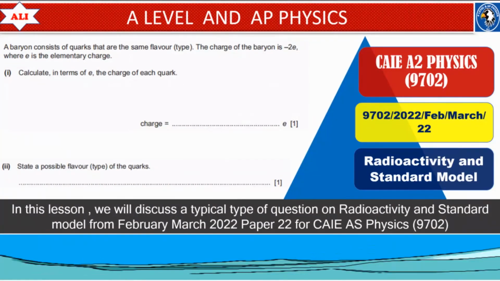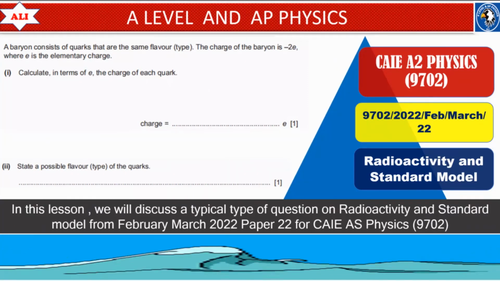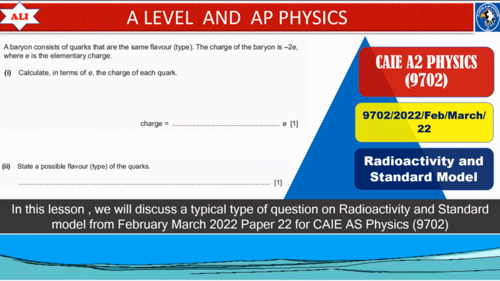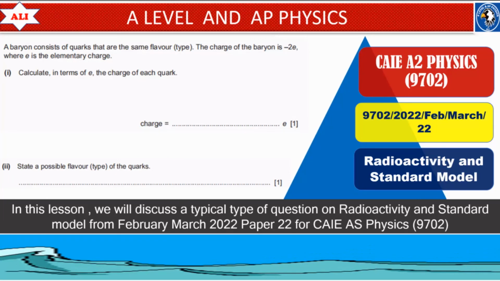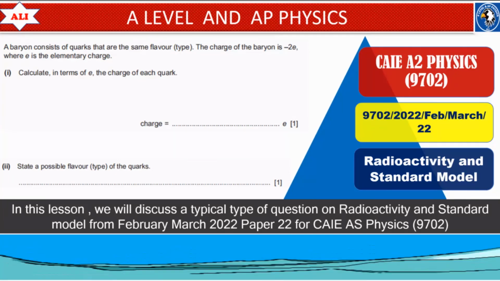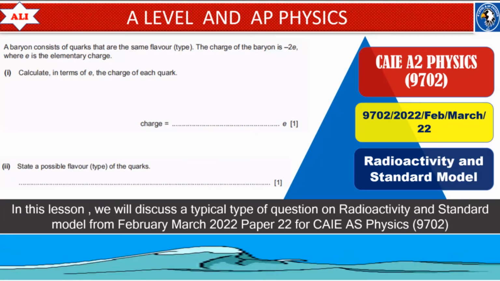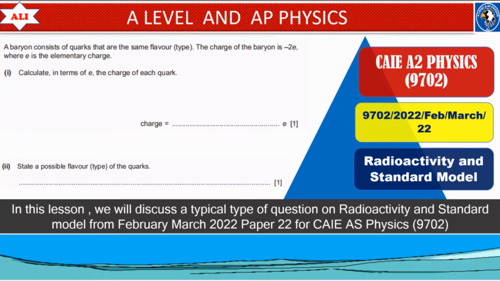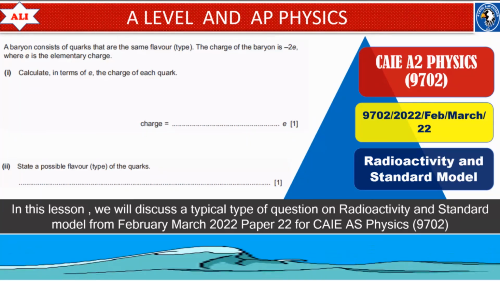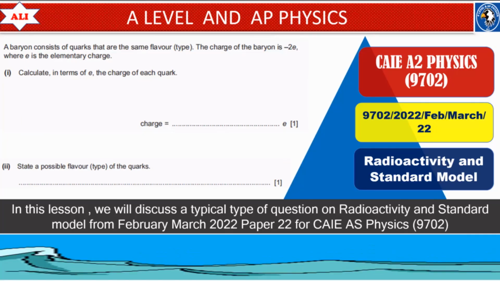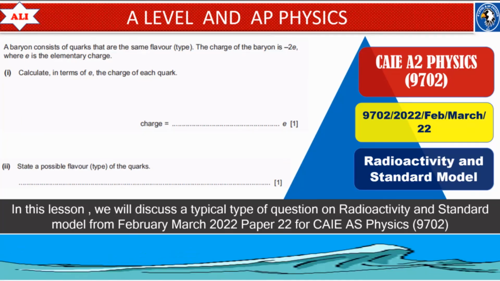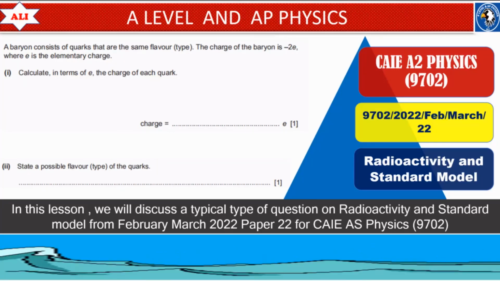In today's lesson, we will discuss one very important past paper question on radioactivity and the standard model for March 2022, paper 2, variant 2. In this lesson, we will discuss what leptons are and what kind of leptons are produced in any beta plus decay. Then we will talk about nucleon number and proton number. We will also discuss what baryons are, what the quark composition of baryons is, and how we can determine the